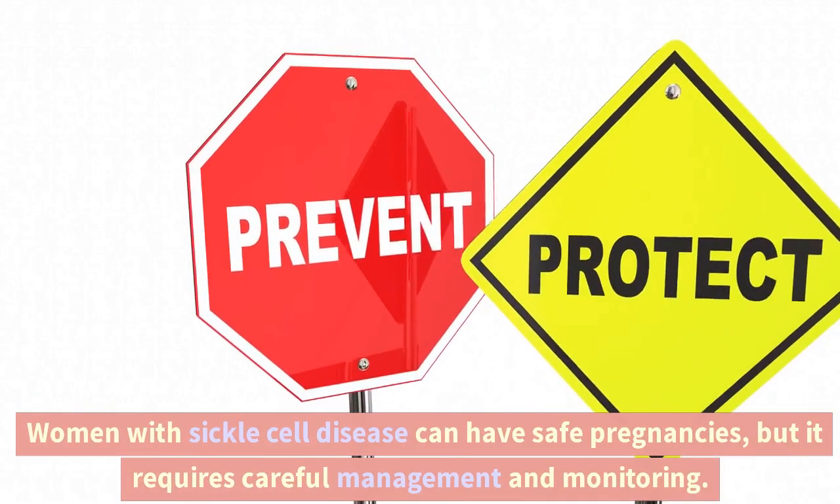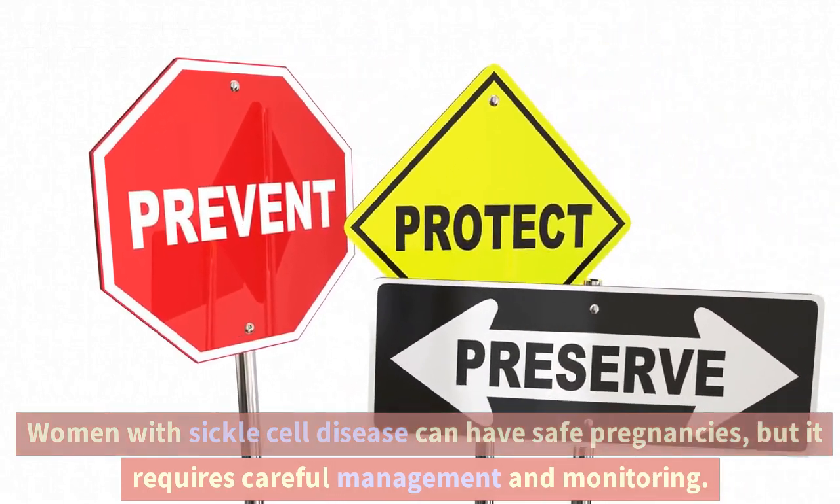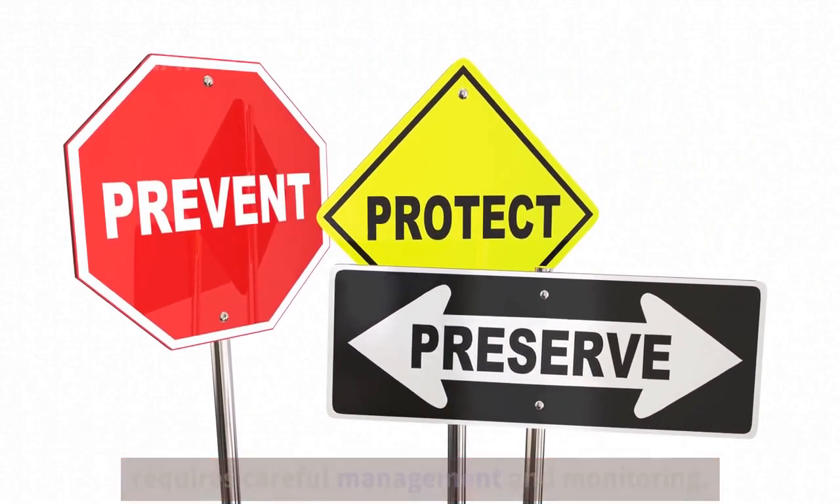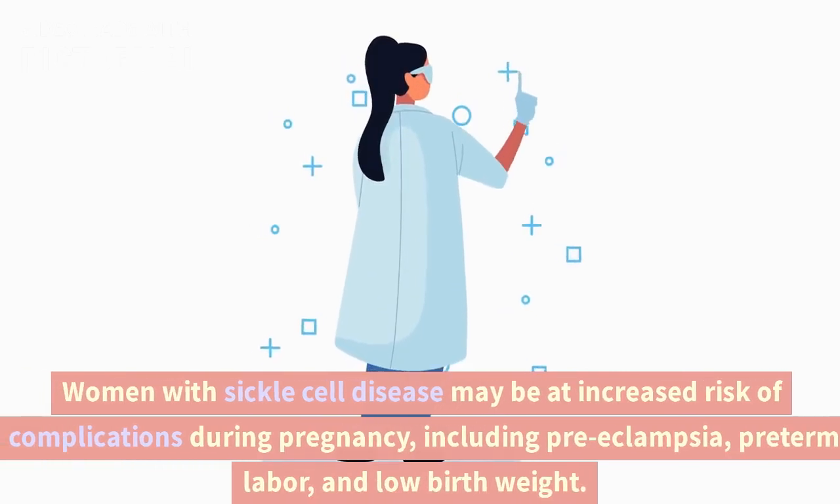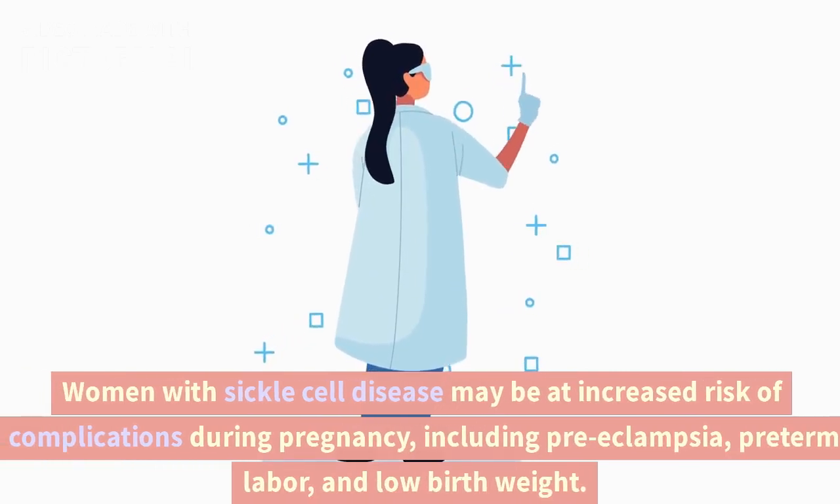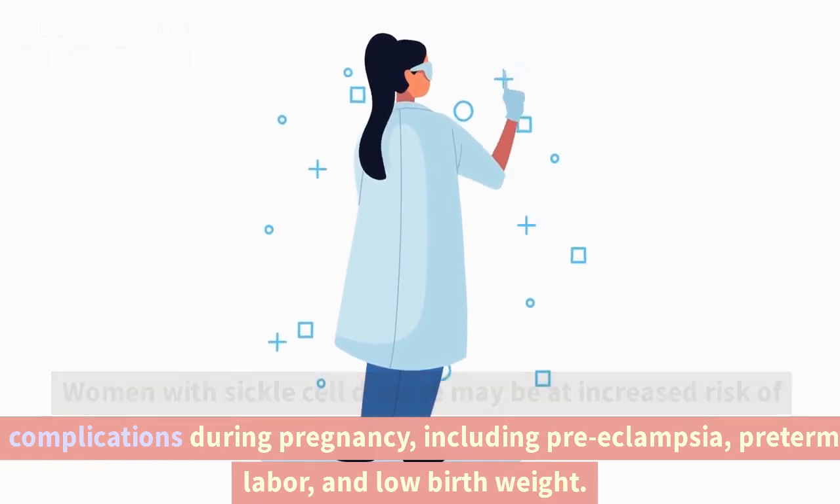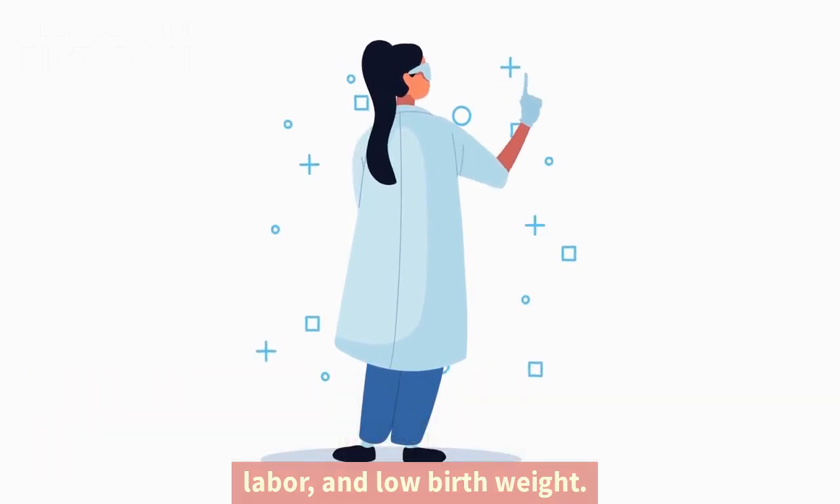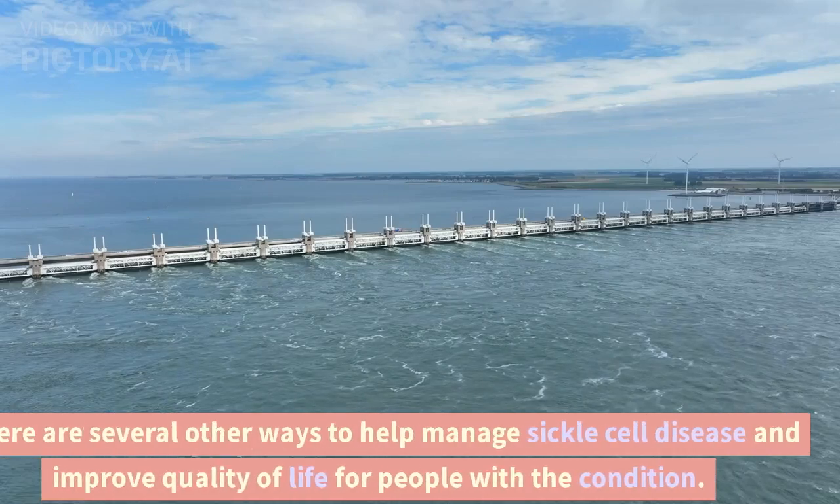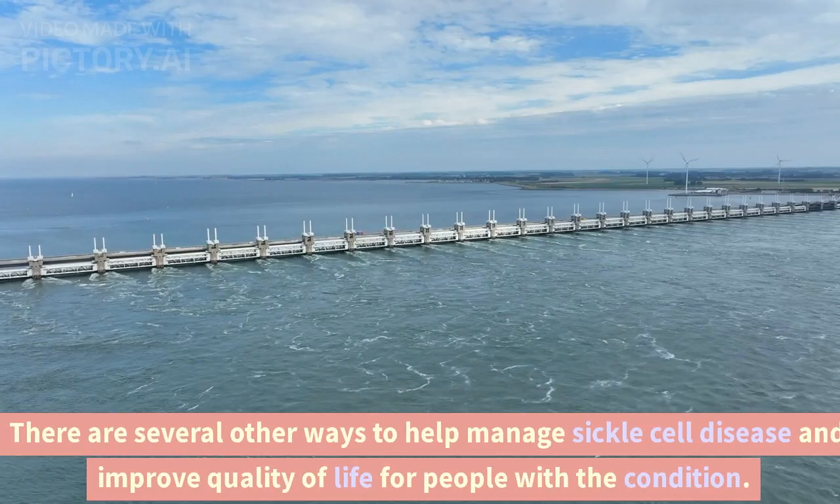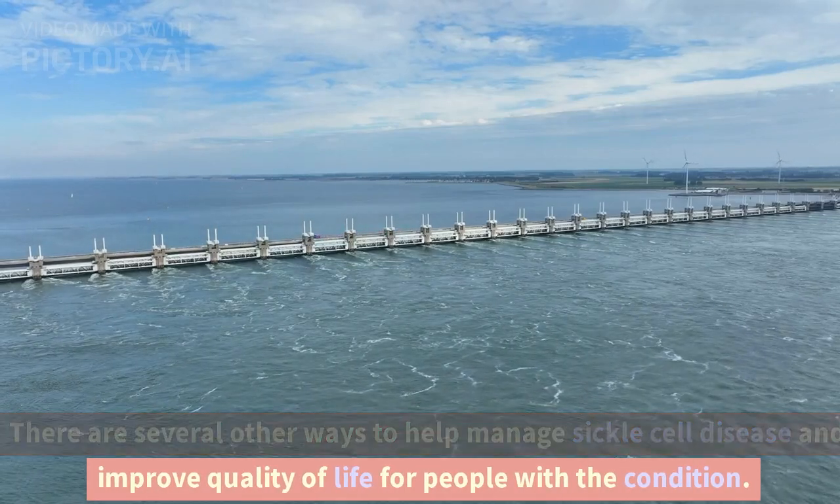Pregnancy. Women with sickle cell disease can have safe pregnancies, but it requires careful management and monitoring. Women with sickle cell disease may be at increased risk of complications during pregnancy, including preeclampsia, preterm labor, and low birth weight. There are several other ways to help manage sickle cell disease and improve quality of life for people